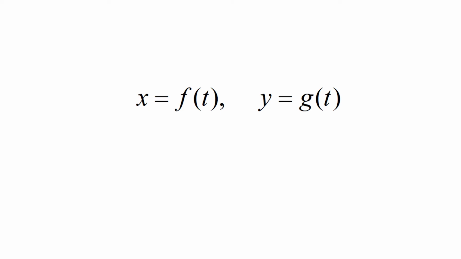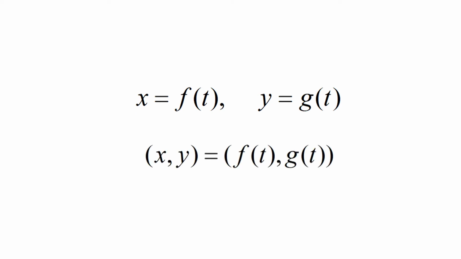An alternative approach is to describe x and y separately in terms of a third parameter, usually t. This is as follows. If x and y are given as continuous functions, x = f(t) and y = g(t), over an interval of t values, then the set of points (x, y) = (f(t), g(t)) defined by these equations is a curve in the coordinate plane. These equations are called parametric equations for the curve.